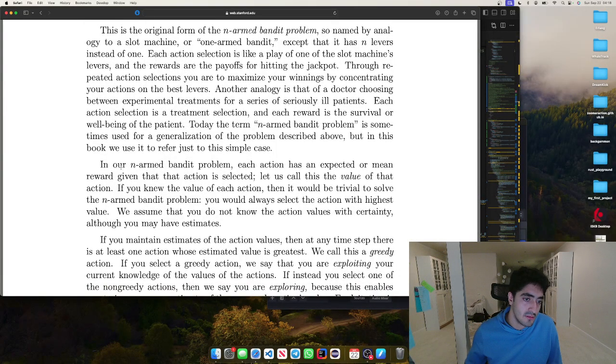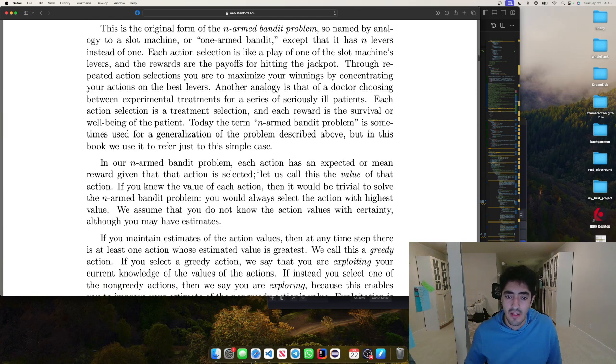In our n-armed bandit problem, each action has an expected or mean reward given that the action is selected. Let us call this the value of that action. If we knew the value of each action, then it would be trivial to solve the n-armed bandit problem. You would always select the action with the highest value. We assume that you do not know